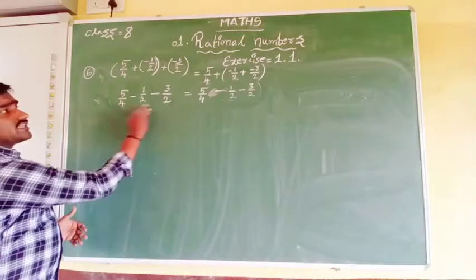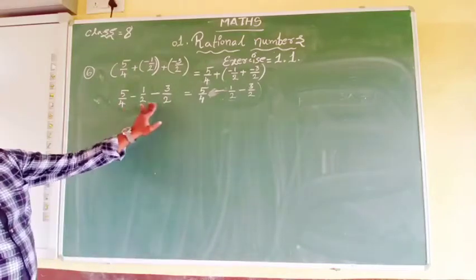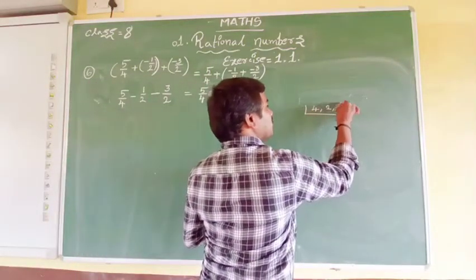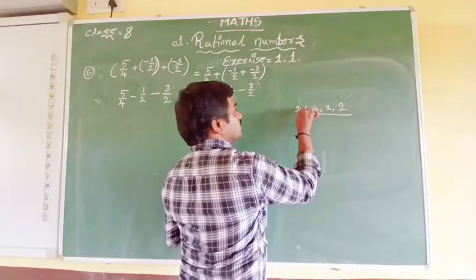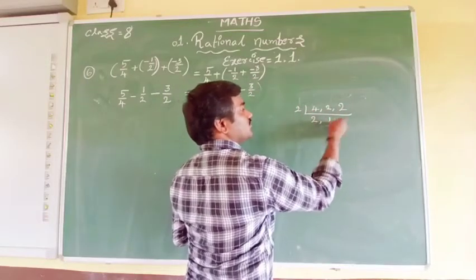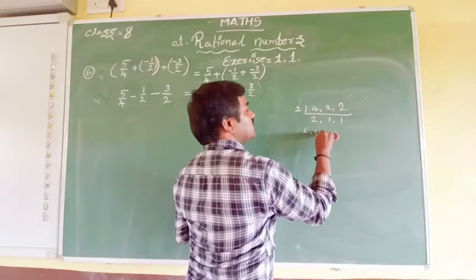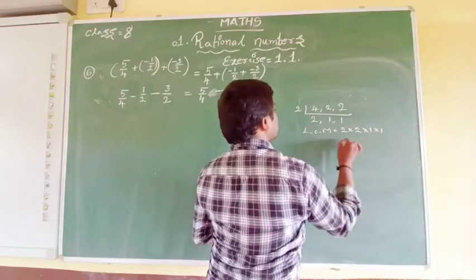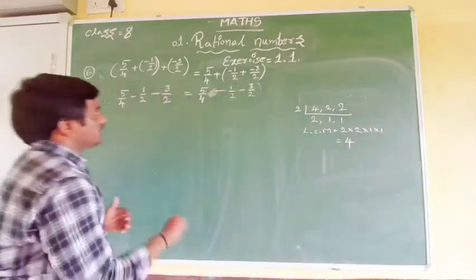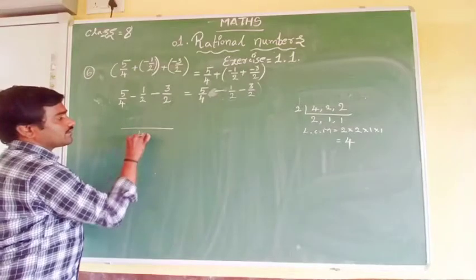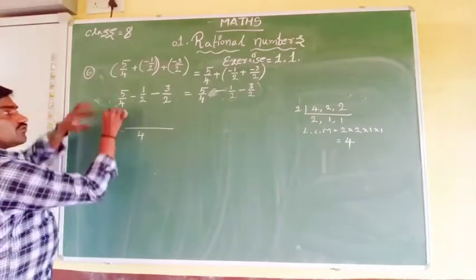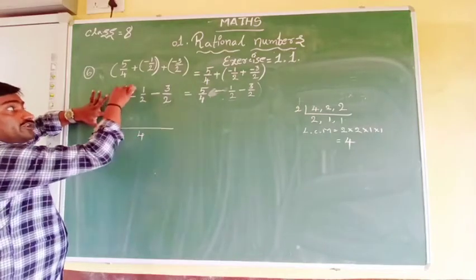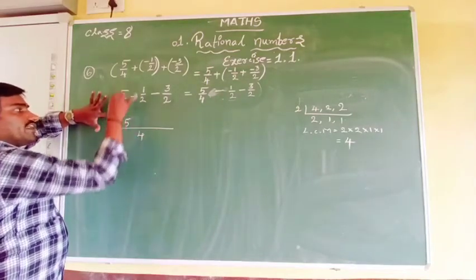Okay, let us take the LCM. Here 4 comma 2 comma 2. What do you get as the LCM of 4 comma 2 comma 2? Normally you get 4 only. See, 2 2s are 4, 2 1s are 2, 2 1s are 2. The LCM, least common multiple, is 2 into 2 into 1 into 1, that equals 4. The LCM we got is 4 here. Once again you listen. LCM is 4. So 4 how many are 4? 4 ones are 4. This 1 into numerator 1 into 5 is 5.